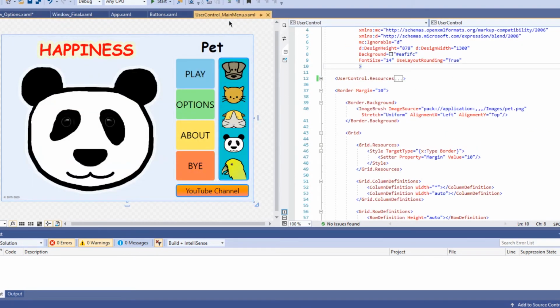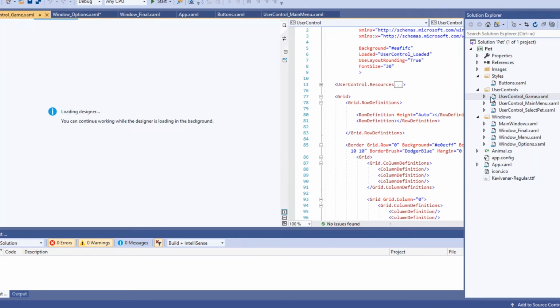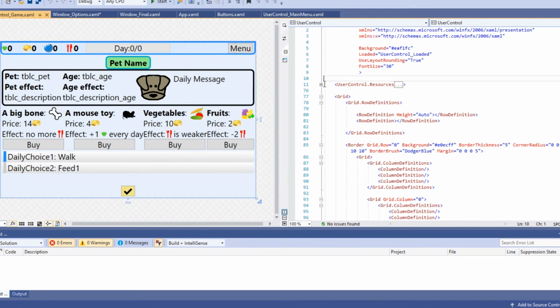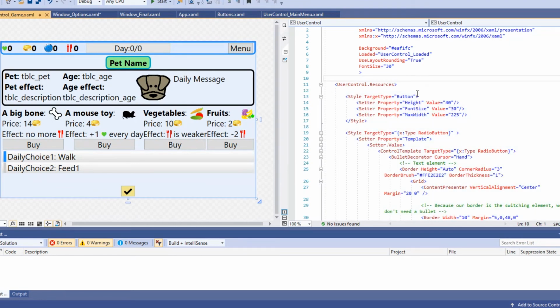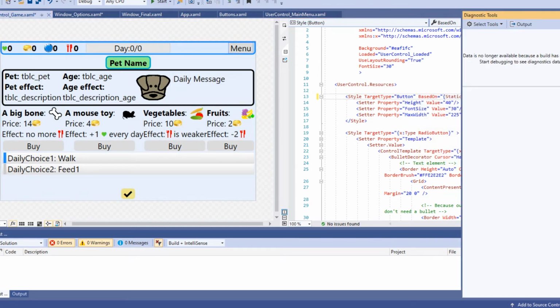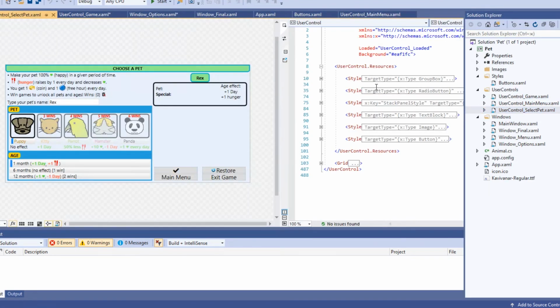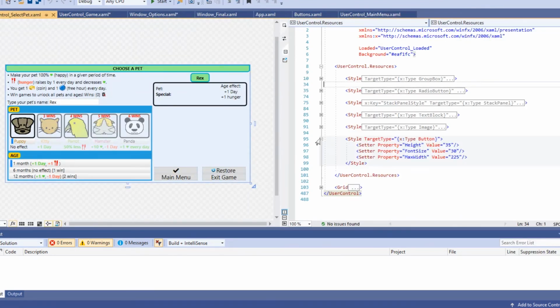So in our user control main menu, we don't need to do it anymore. But for example in user control game, user control resources, paste it here. Now user control select pet, style for buttons, paste it here.